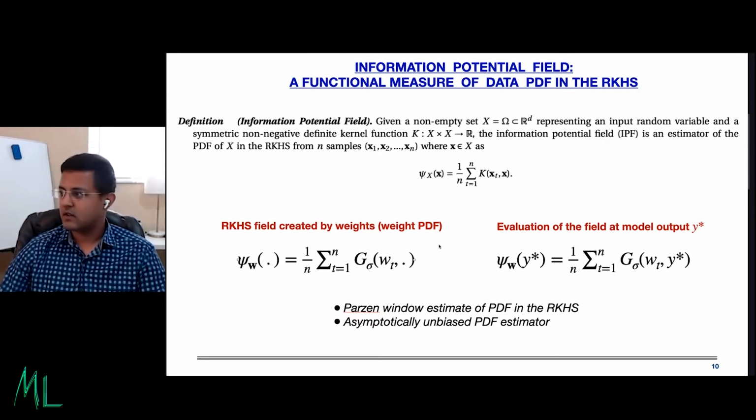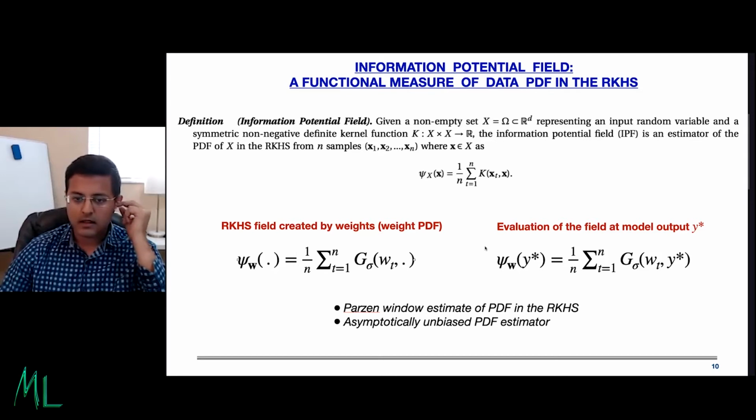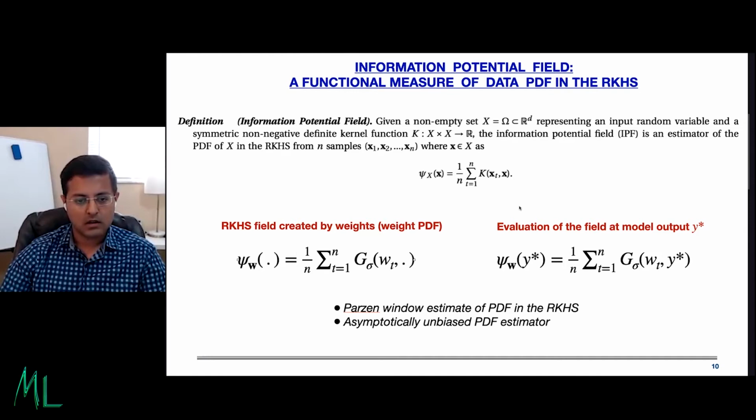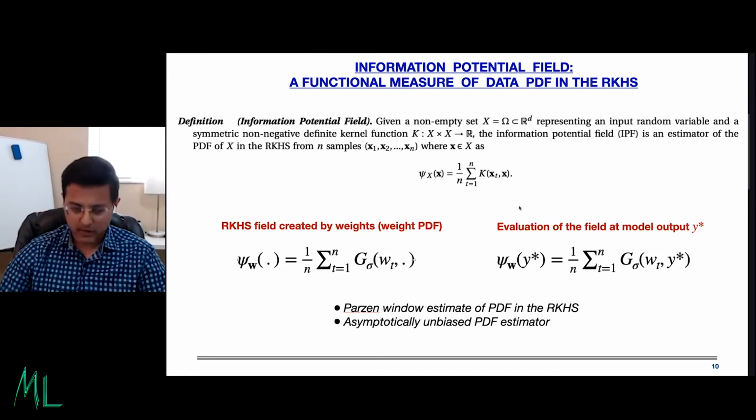Rishabh, may I interrupt here? Sure. You call this the weighted information potential field. So t is from 1 to n. So n is the number of parameters in the neural network. Yes, n is the number of parameters. And w_t is, for example, one of the edges connecting the weights in the neural network. Yes. Which means that n should be very, very large if it's